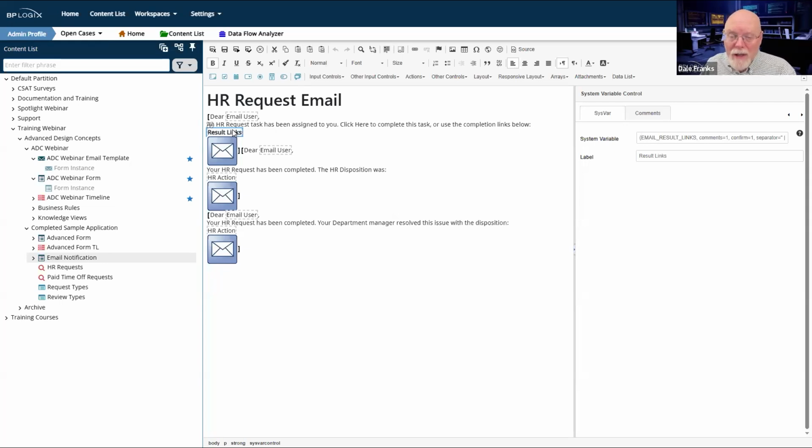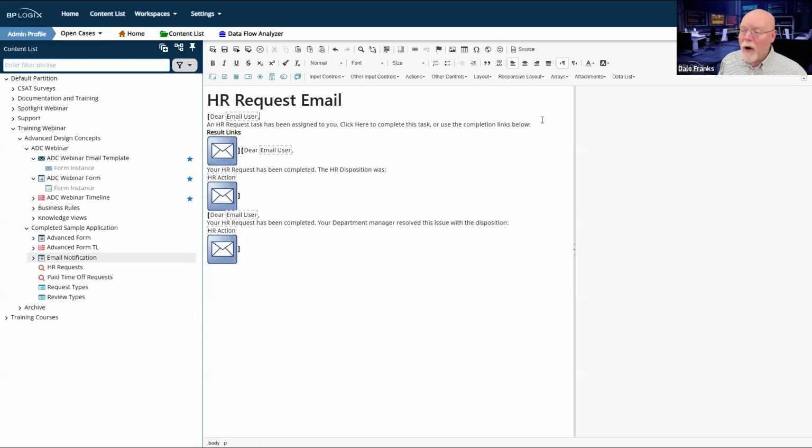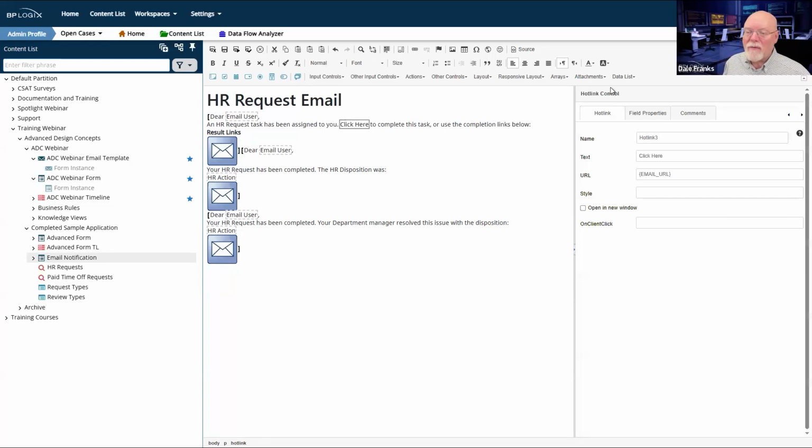What that means is I'm going to need to show you more of the information off of the form. Now, by default, I'm giving you very minimal information. I'm not telling you anything about the form. You need to click here. But if I want to give you these result links, then I'm going to need to provide some additional information.